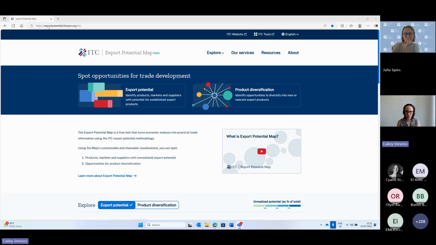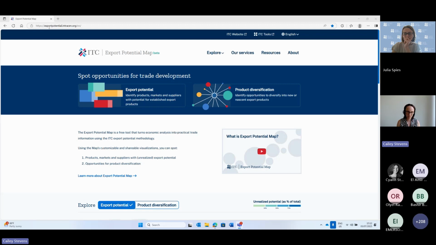For those of you who are familiar with Export Potential Map, I'll be showing you the new features, the new design, new things that we've incorporated. But for those of you who are coming to Export Potential Map maybe for the first time, I will also be talking about the underlying model and how you can interpret the data and the numbers that you find in